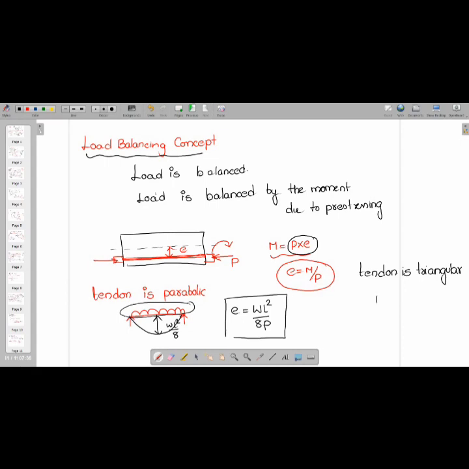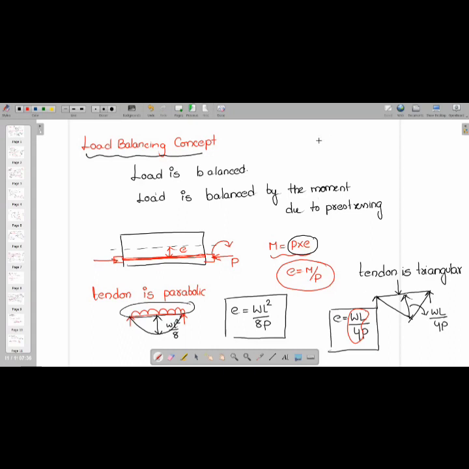Sir, see, if you consider a simply supported beam with the load at the center, you know the maximum bending moment is WL by 4. So eccentricity will be equal to WL by 4P. So here you should know the bending moment diagrams. WL by 4 is the moment due to load, and P into E is the moment due to the pre-stressing force. So when they both are balanced,